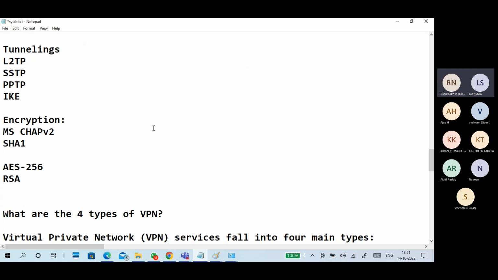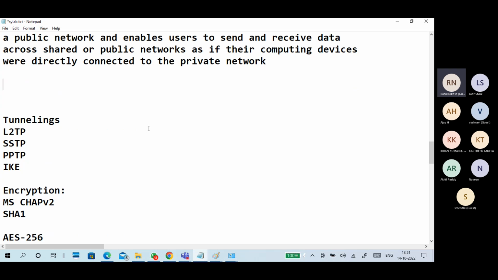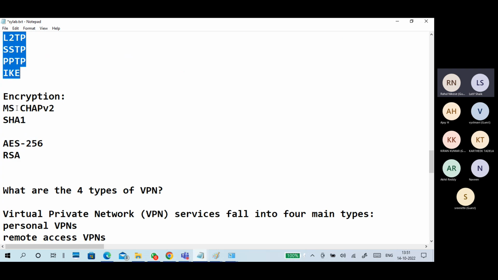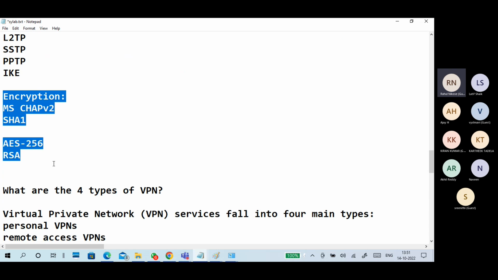As an explanation, it is a secure line between your office or home network and your organization over the internet. And how is it secure? Because of using different tunneling and encryption methods.